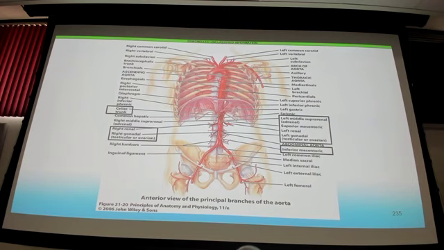I think this is even a study picture. Those ones that are boxed, I want you to be able to identify, for later, and for other things. When we look at these different branches and what they supply, like I said, sometimes they'll be paired, sometimes they weren't. Anytime you think about mesenteric,